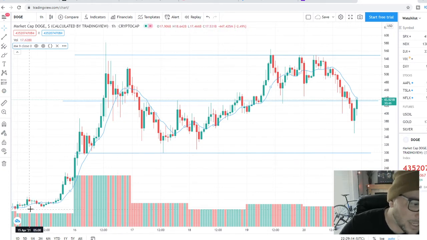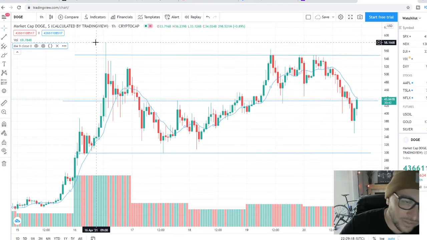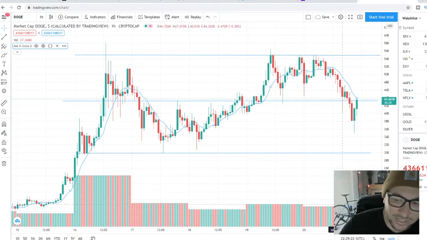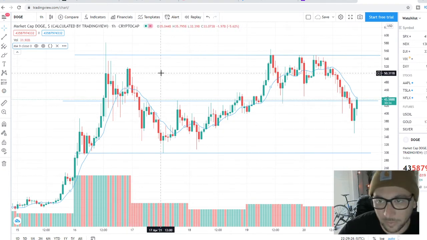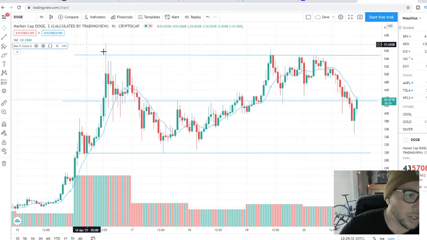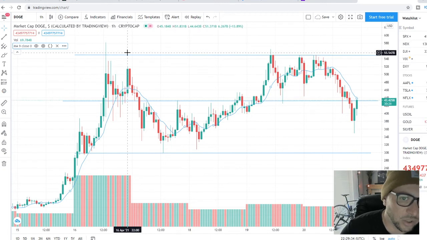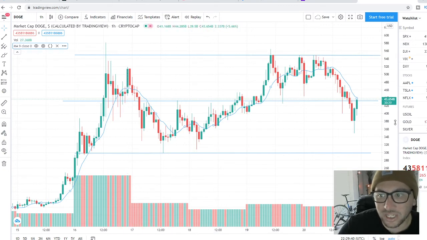However, if I was in 100,000 coins here at 15 cents and it came all the way up to 58 cents and I did not sell a single coin, and now it comes all the way back down to 15 cents, I just broke even when I could have made a nice potential gain. I don't see why you wouldn't have taken the money. If the whole reason you're in Dogecoin is to make money, then why don't you take profits where you see profits fit? So just keep that in mind.